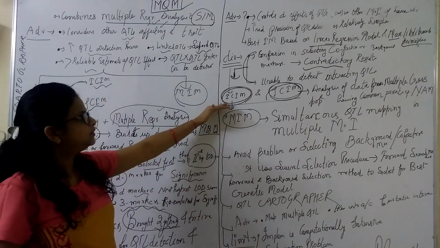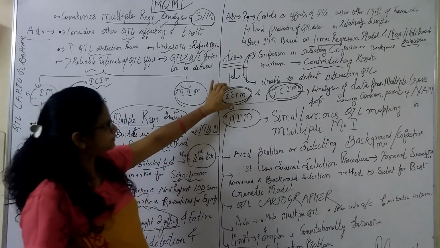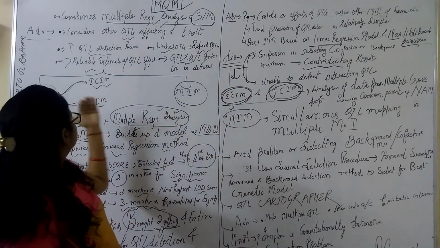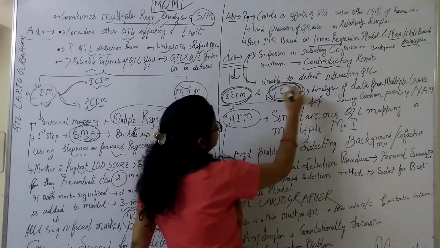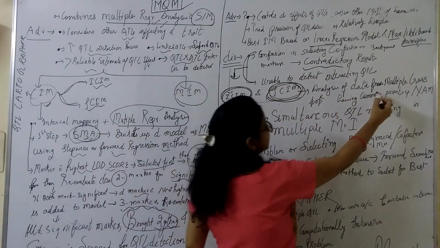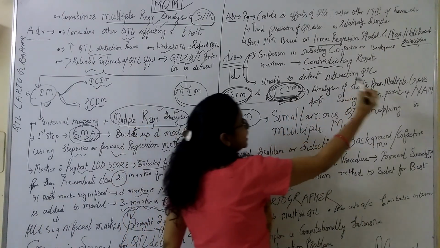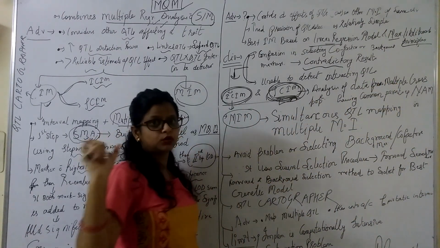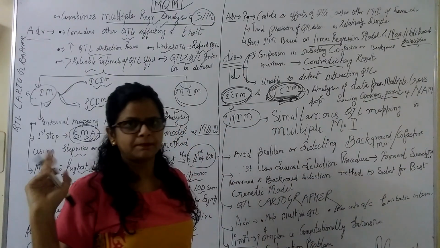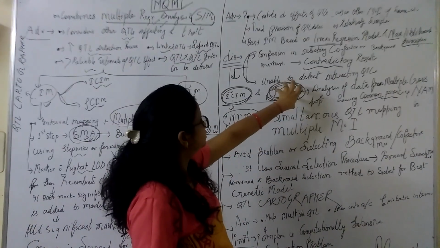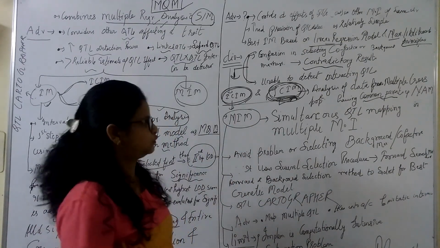To go into detail of this method, I don't think you need it; only then will we go. Basically, this method is designed to overcome its disadvantage. And in this joint composite interval method, the analysis provides an advantage that you can analyze data from multiple cross populations which are obtained from a common parent, like a nested association mapping population. So joint interval mapping can be applied to analyze that data also.